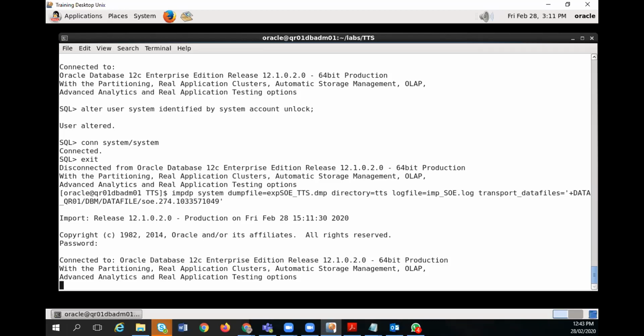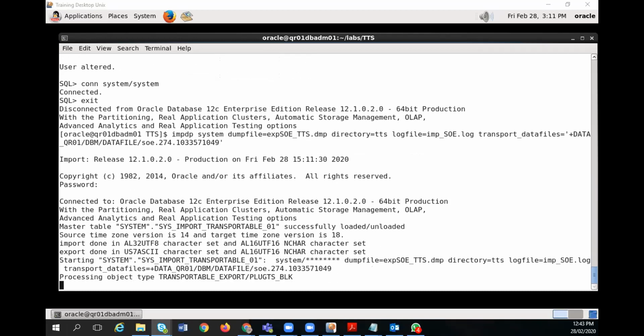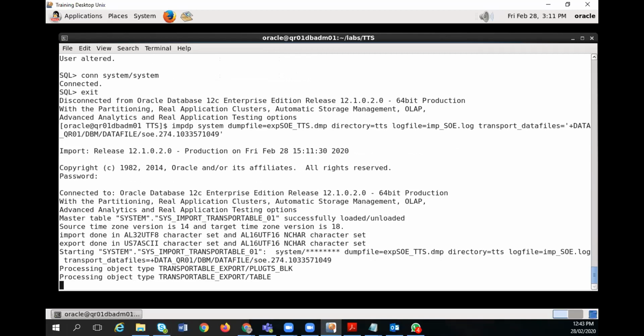So let's wait for the import. Processing started.